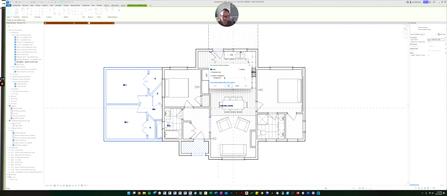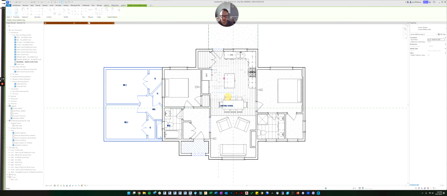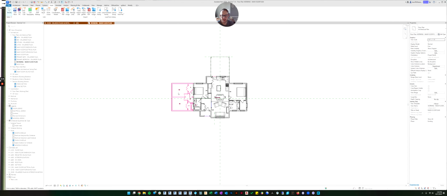It says, okay, how do you want it to look? I could halftone it if I wanted. I could make it invisible. I could change its transparency, or there's this little arrow that says projection lines, so you can pick what kind of line you want if you don't want it to be solid, but I want it to be solid. That's fine. I just want to change the color of all the lines. So I'm going to hit this button and make it something ridiculous, like magenta, and then click OK. And now it will make my CAD file magenta.